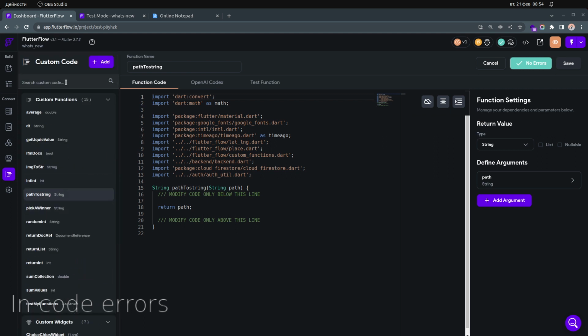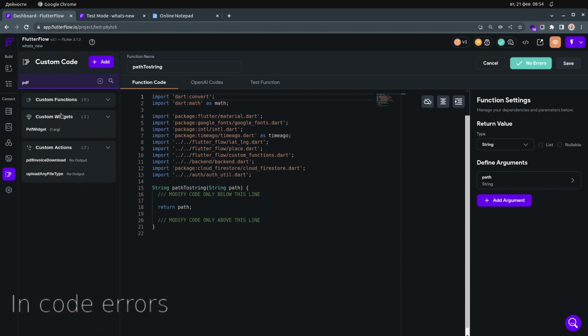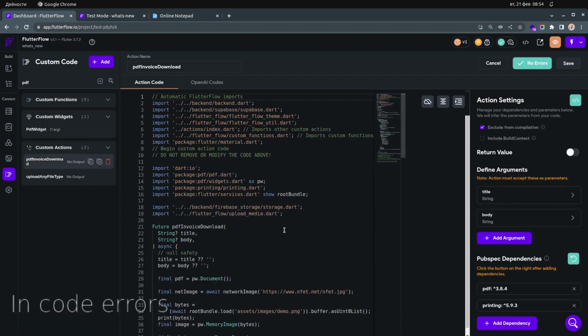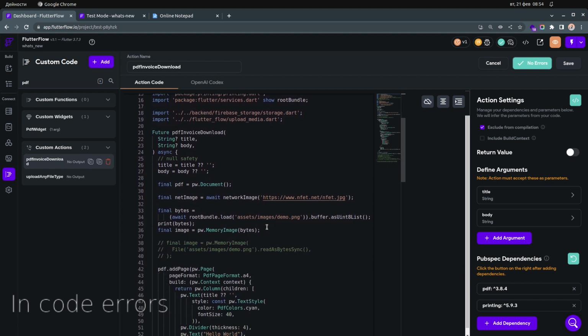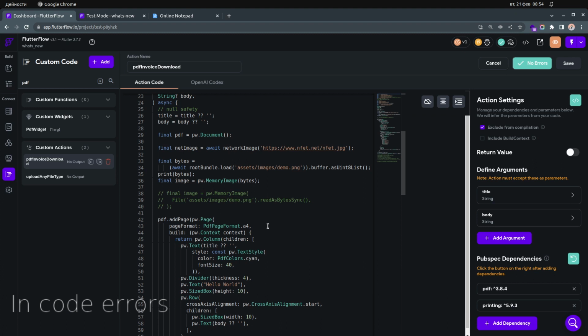If I go to the top, let's say for example the PDF one. This is a complex one. I upgraded it a little bit, but it's still not working as I intended, but I'll show you what I mean. When you first open the IDE, you will probably see what I see, which is